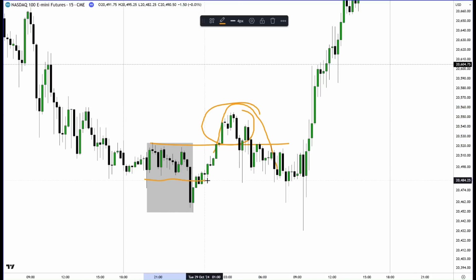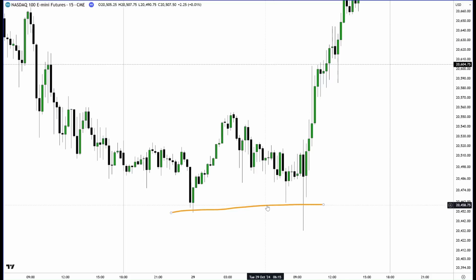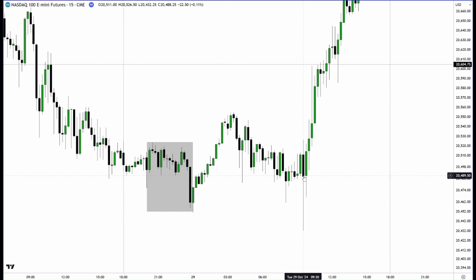TP1, the midpoint of the Asia range. TP2, the opposing end of the Asia range. Very important. All right. Sweeping the Asia range highs in the London session, sweeping the Asia range lows during the New York session right at 9:30